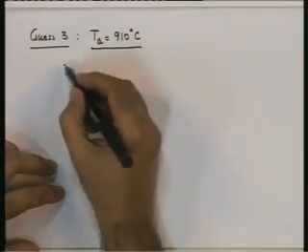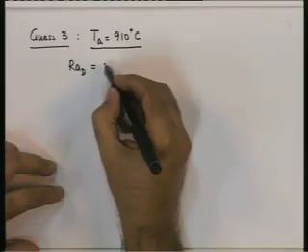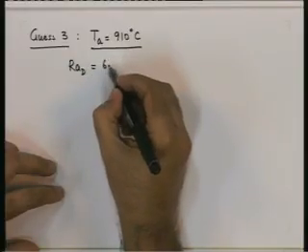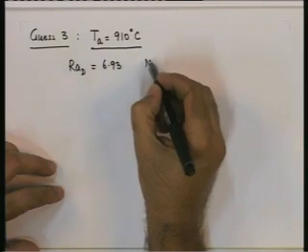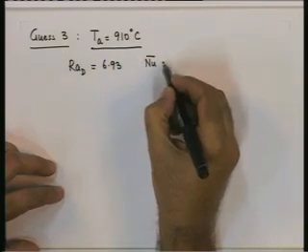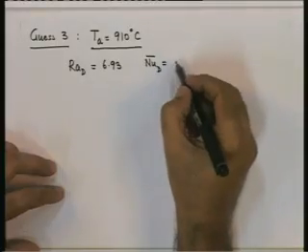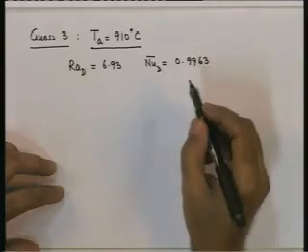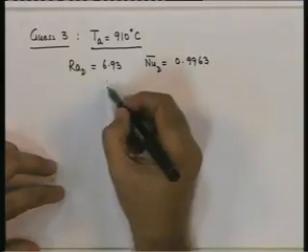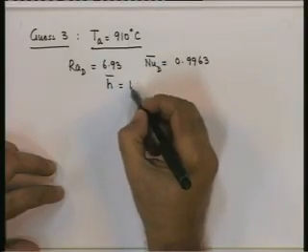We will now get the Rayleigh number to be 6.93, which gives us an average Nusselt number based on diameter of 0.9963,